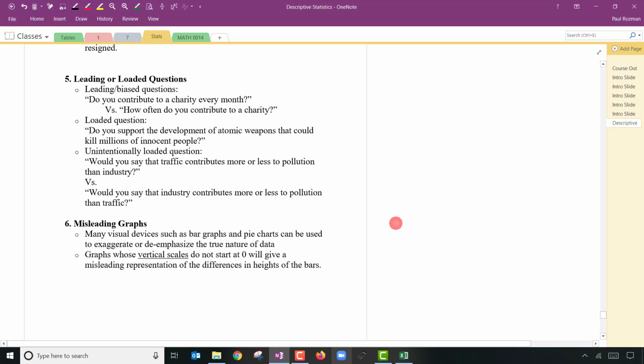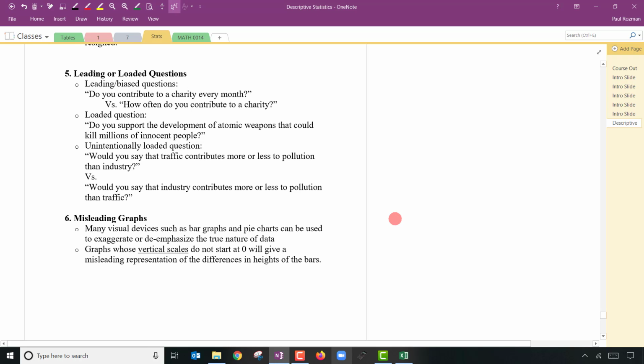Sometimes when we're looking at data, it's collected via a survey, and the questions are bad. When I get a call, I still have a home phone. If I get a phone call to do a poll, I used to hang up on them. But now I like to answer them, primarily because I consider it part of my job. I want to know how they're asking their questions because sometimes they load them.